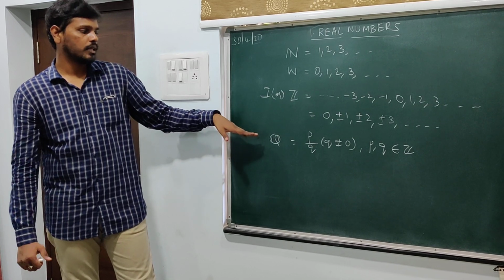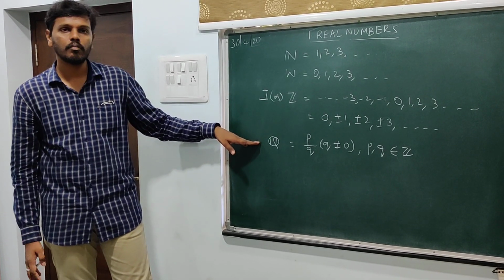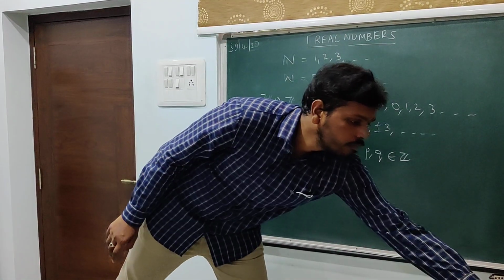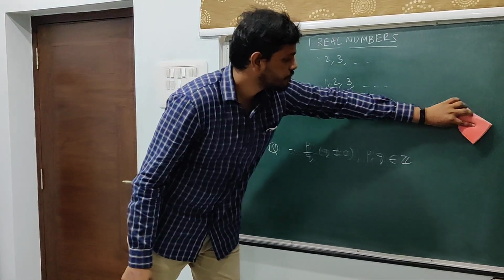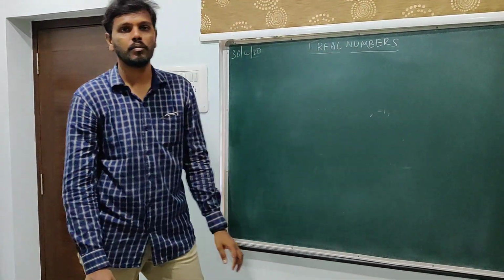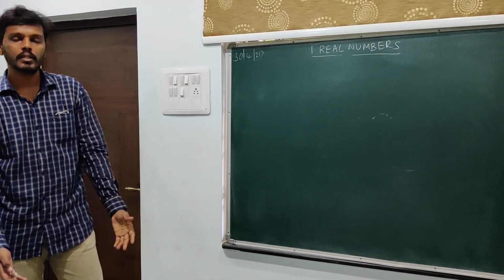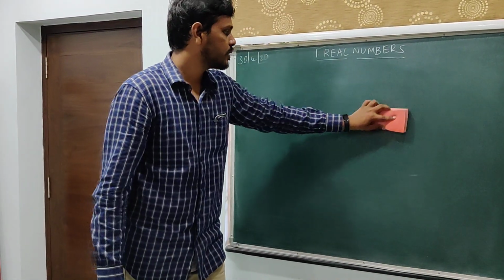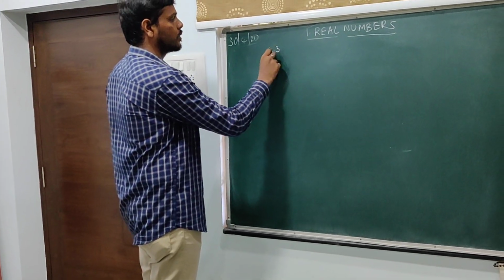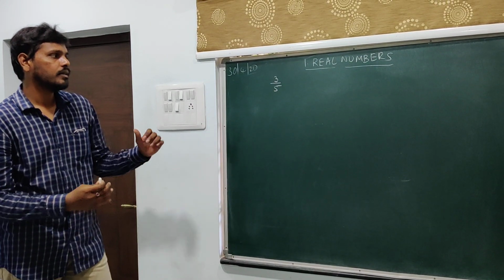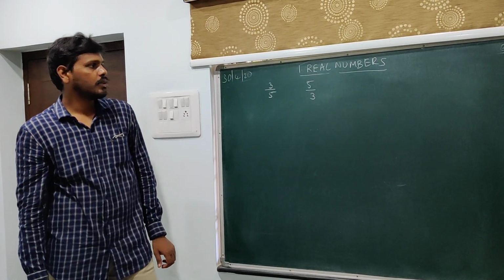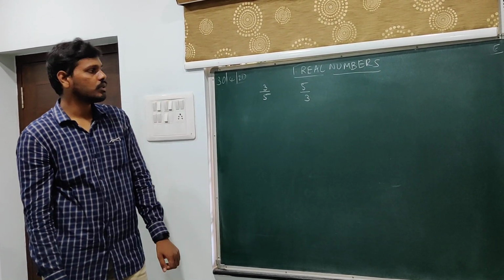Now we dig deep into this collection of rational numbers. In fact, we recapitulate whatever you have learned in class 8 once again, and then we move on to the concept called real numbers. So today we discuss representing rational numbers on the number line. Now rational numbers you can classify into two categories. One category is the numbers where the numerators are less than the denominators, that is numbers of this kind. Numerators are less than the denominator. And the next case is the reverse case, where the numerators are greater than the denominator.